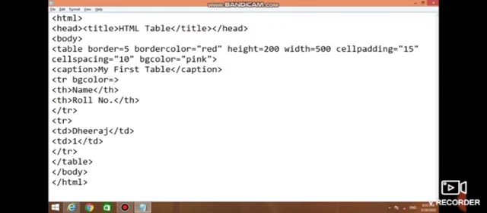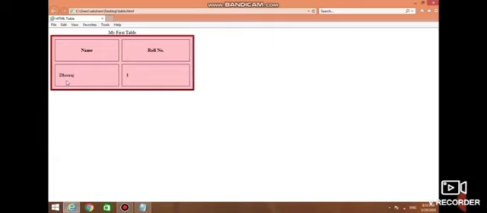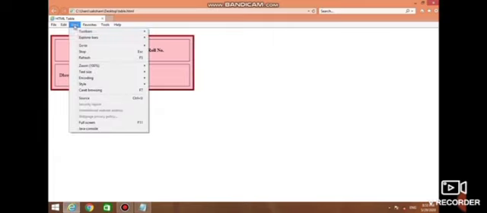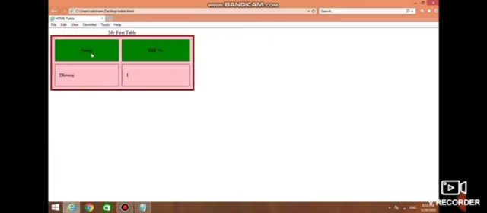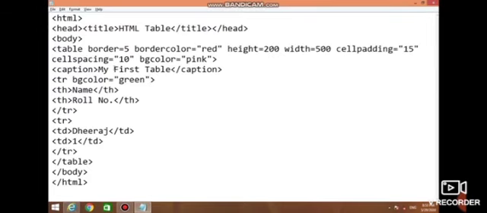We can change the background color of a specific row, and specific cells color we can also change. So students, table tag has 5 tags: table, caption, tr, th, td. Today we have learned all the tags of table.